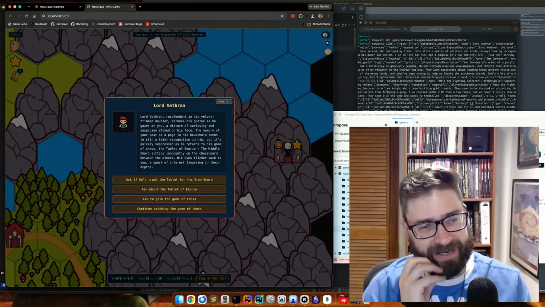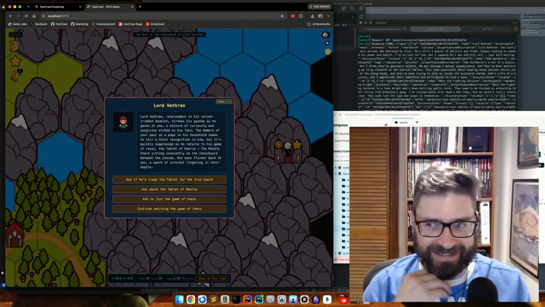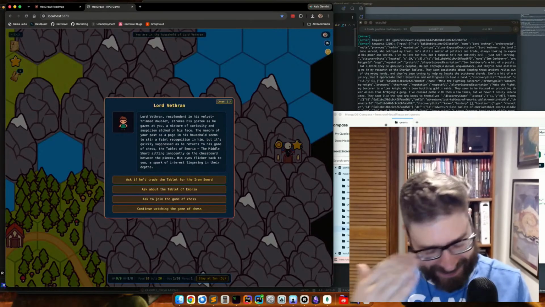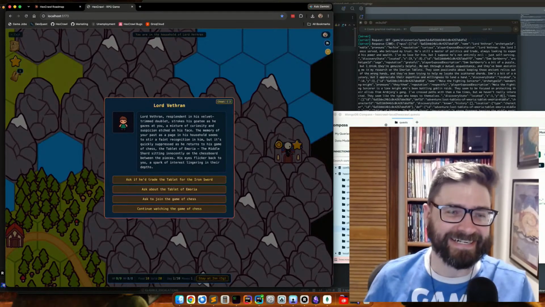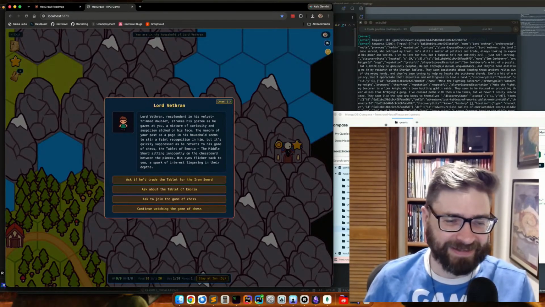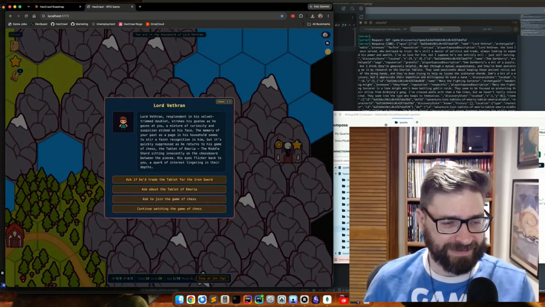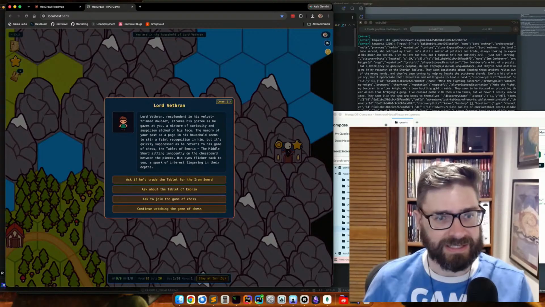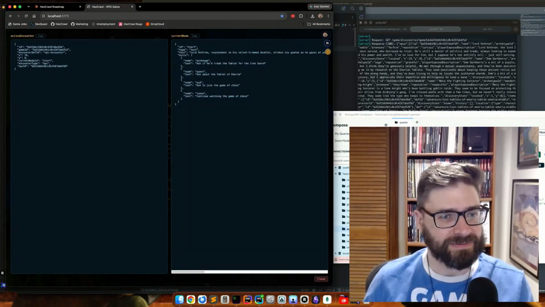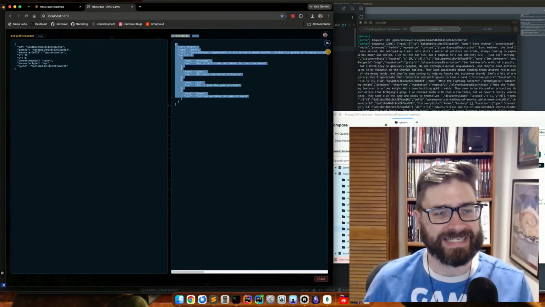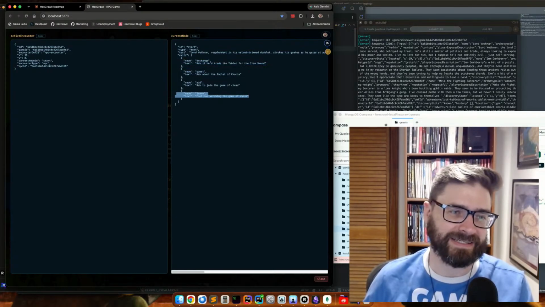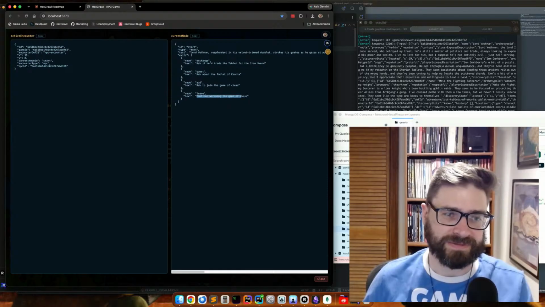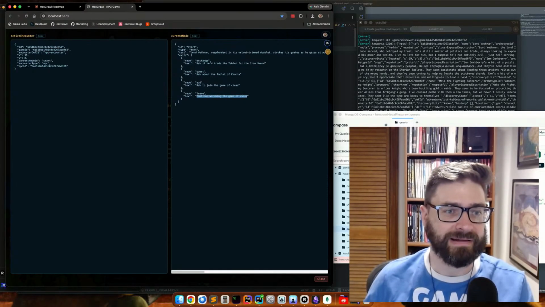Fascinating. Okay. This is not what I'm trying to test, but I get drawn in. I kind of want to know what the LLM thinks it's generating here. So it's supposed to give me a couple of leads. We're going to cheat and look at some of the raw data here. So continue watching the game of chess is just a leave action. That's poor generation there, because that did not read to me as I'm going to walk away.